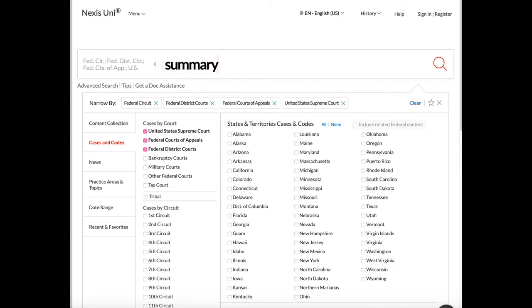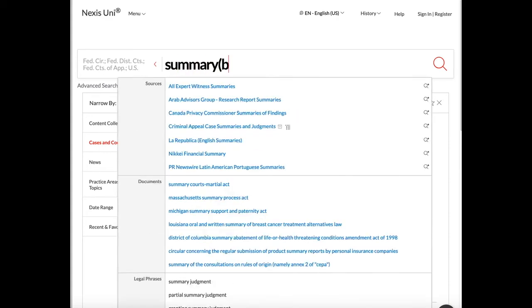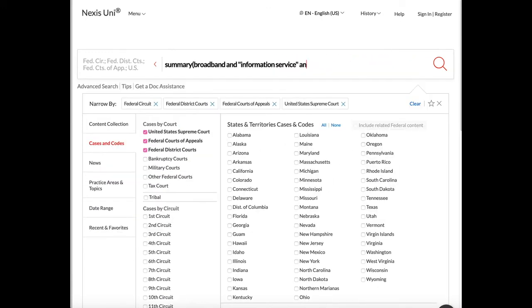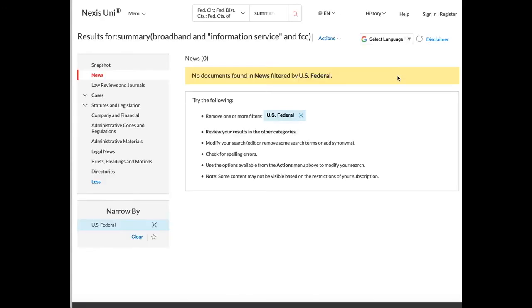So I'm going to search the summary field, and I'm going to search for the word broadband and information service and FCC. So we'll be looking in the summary field for those words. It's a little glitchy that it defaults to news sometimes, so if that happens to you, go down to the cases.